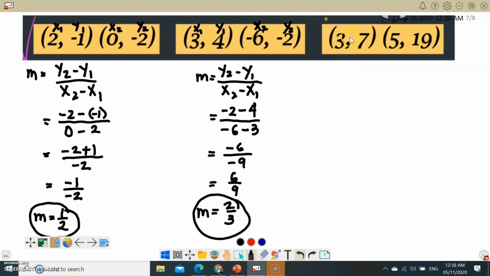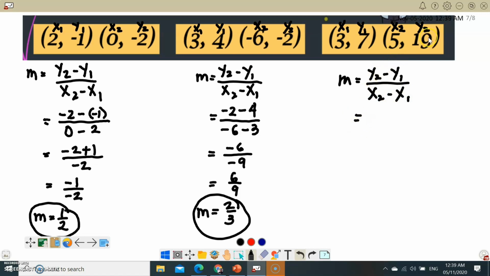Okay, let's try the third example. Let's denote this one as x sub 1, this is y sub 1, x sub 2, y sub 2. So the formula for slope is equal to y sub 2 minus y sub 1 over x sub 2 minus x sub 1. So let us